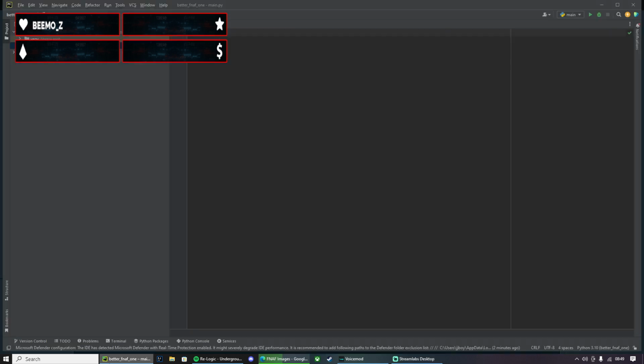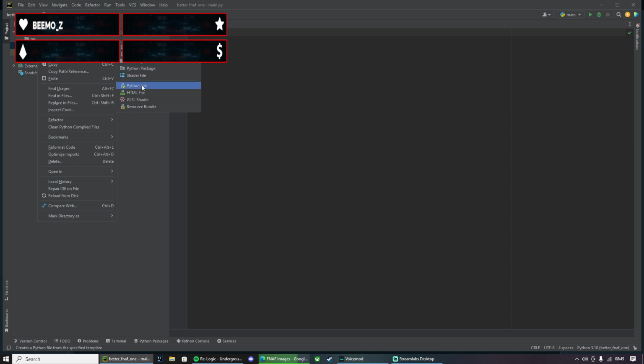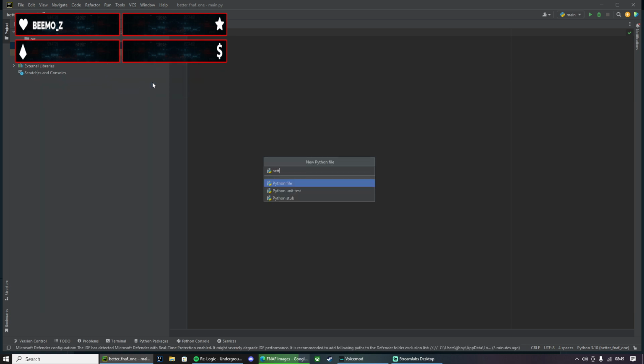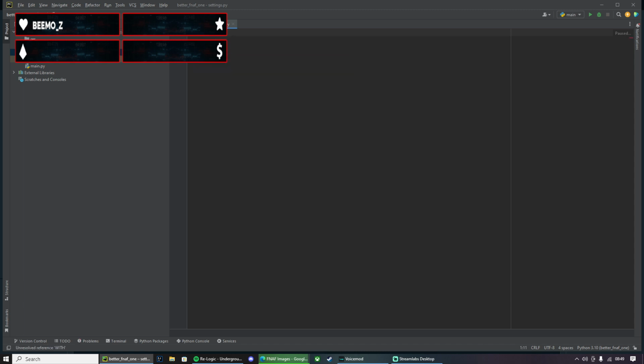Or I could just program the window right now. I probably might do this. Alright, let's make the source folder and the resources folder. In the source we'll have one called settings, and this will have the resolution, and that is equal to the width and the height.